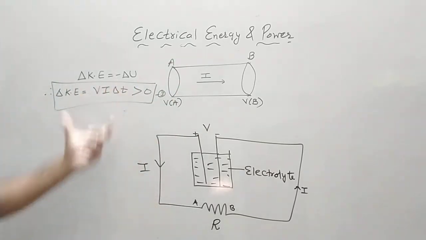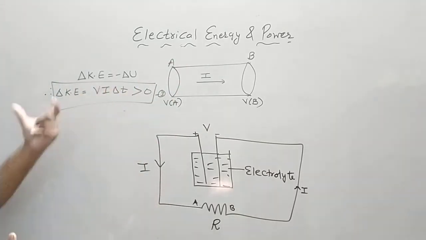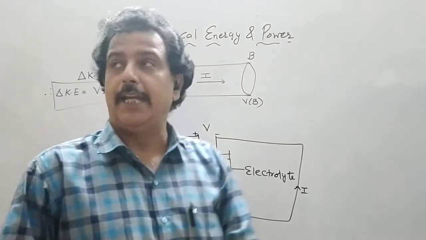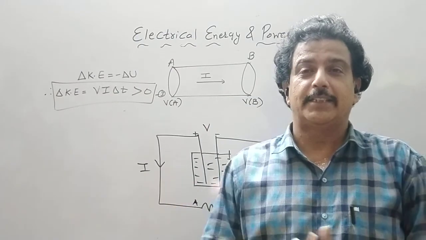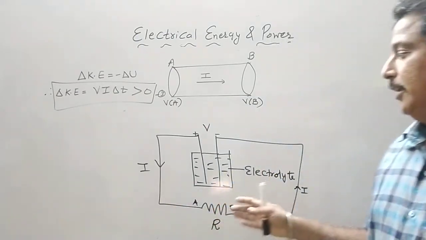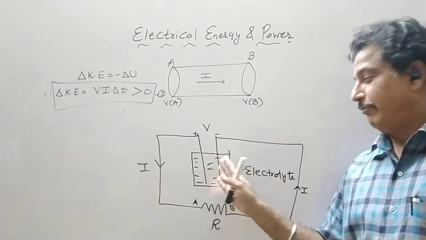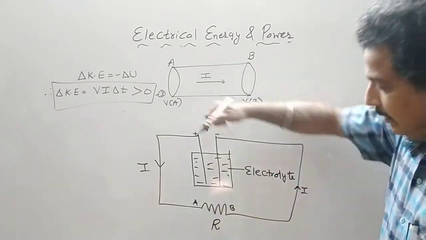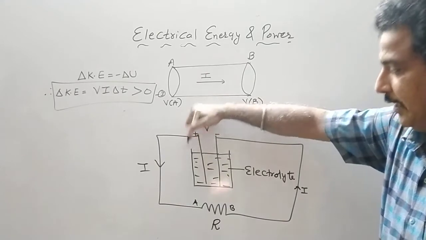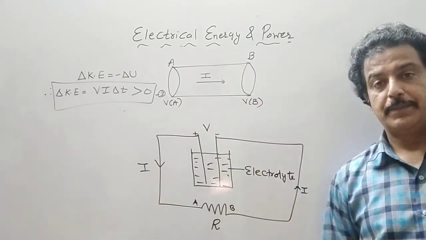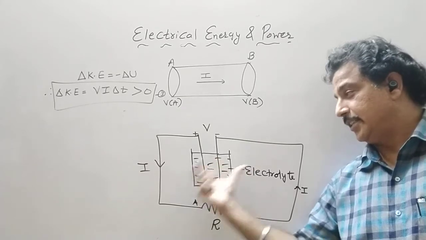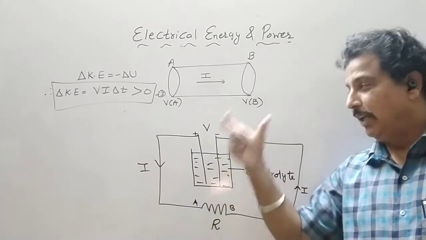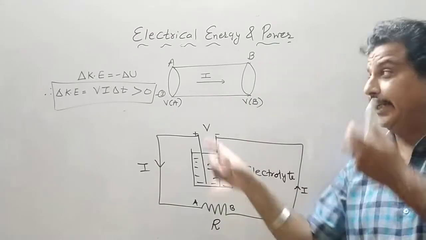Now we continue this. From where do they get this kinetic energy? We say that the kinetic energy increases, but from where did they get this kinetic energy? So clearly they got their kinetic energy from this electrochemical cell. So whatever energy, that is chemical energy, this cell has, it will be converted into the kinetic energy of